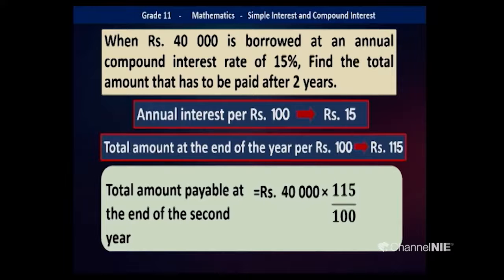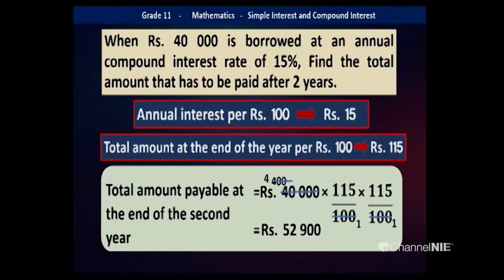40,000 into 115 upon 100 into again 115 upon 100 for 2 years. If it continues, you can again multiply by 115 upon 100. Then you can divide 40,000 by 100. Answer is 400. Again 400 by 100. Answer is 4. After cancelling the denominators, you have in the numerator 4 into 115 into 115. Once you multiply them, you get the same result, 52,900, which you got by following those steps.